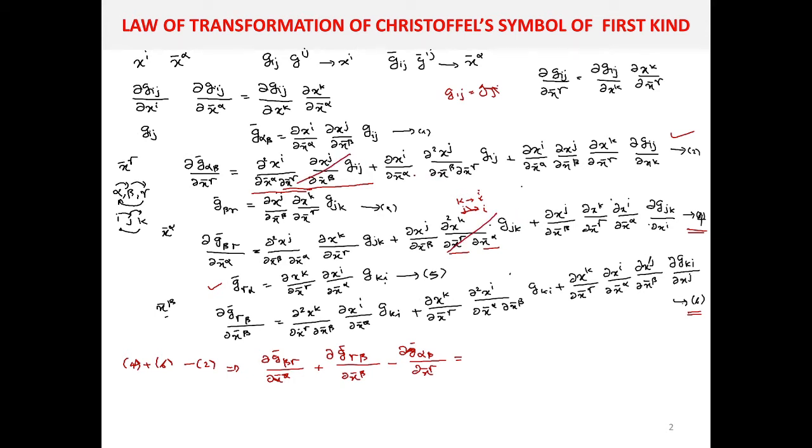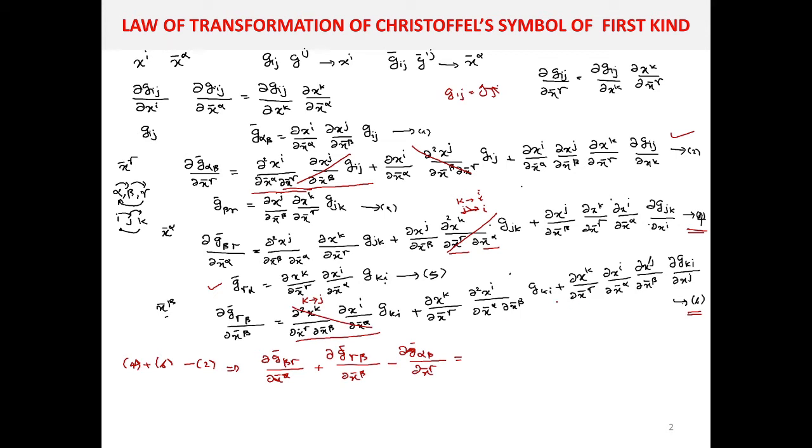Now we can check any other terms containing alpha, beta and gamma. Note this particular term. Here it is gamma, beta, and alpha terms are there. Here it is dou xi by dou x bar alpha. Here also the same term. It is dou square xj, but it is dou square xk. So what we have to do is replace k with j. Then it becomes dou square xj by dou x bar gamma dou x bar beta. This term becomes gji, here it is gij, both are equal, so you can cancel these two terms.